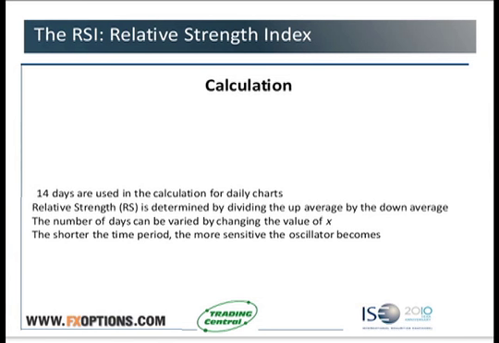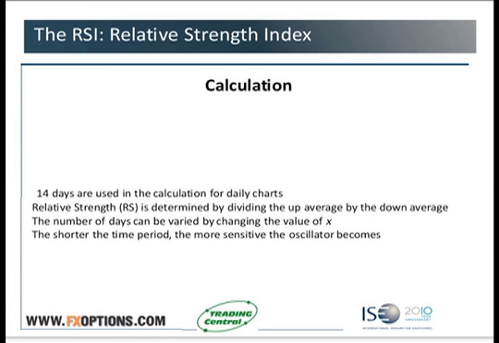I'm sorry. It's not very important, but I will sum it up very quickly for you. In fact, you divide the average down by the average days up, and then you subtract from 100 to be bordered by 0 and 100. So I will show you in the next slide.